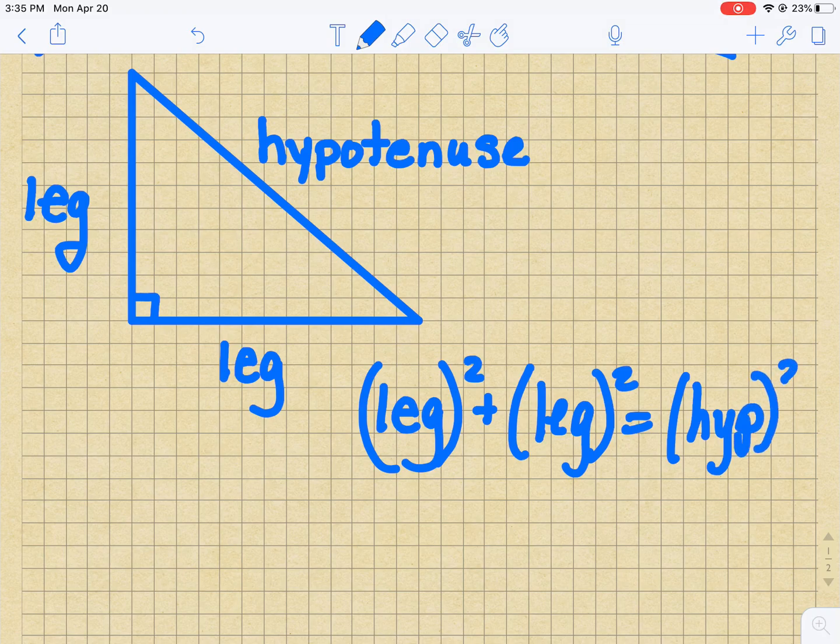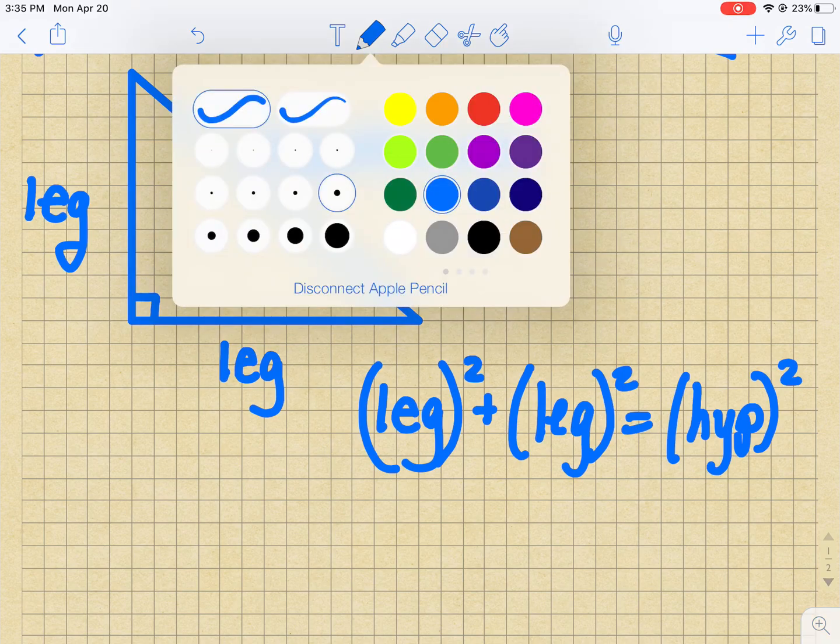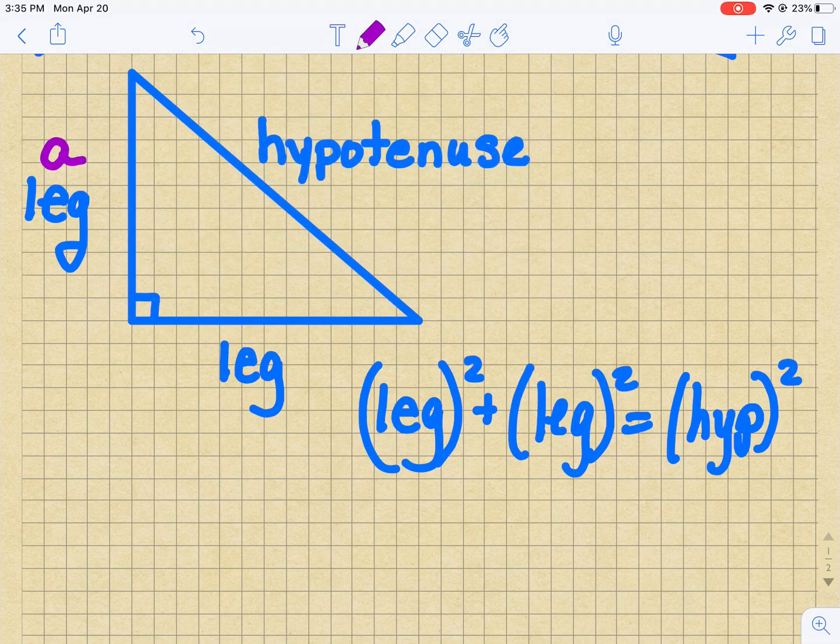And you can actually hear this if you ever watch The Wizard of Oz. When the scarecrow gets his brain, he recites this. But we shorten it up and we name the legs A and B. So our legs are always going to be A and B. It doesn't matter which one's A or which one's B. What is most important is your hypotenuse is always C. Okay? And so really we have A squared plus B squared equals C squared,